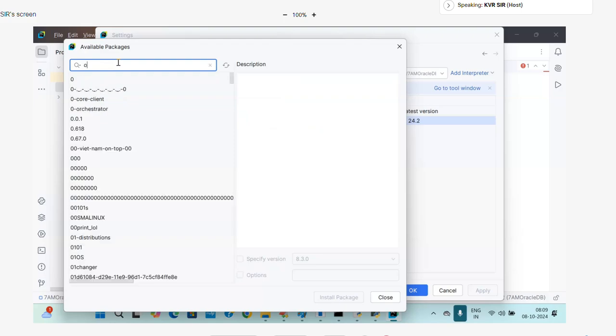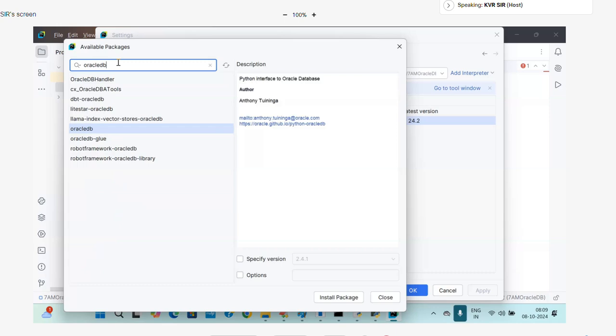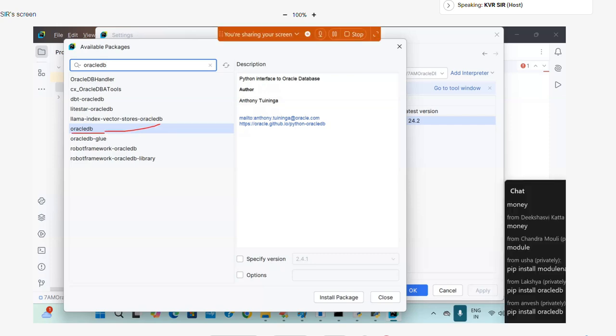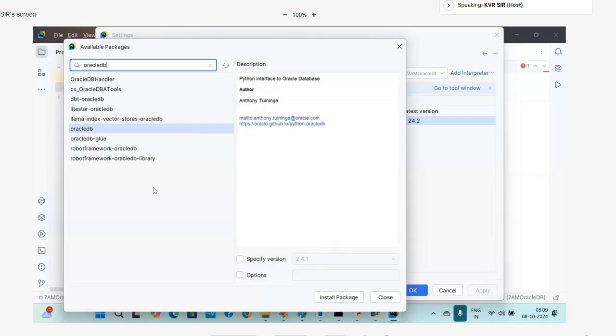Which one am I interested in now? Oracle DB. Look here, Oracle DB. Is it coming or not? Yes, it is coming. Who developed this Oracle DB? The same person. It is a Python interface to the Oracle database. He is an authorized person from Oracle.com. Understood? Now you need to say Install Package. The specification version is 2.4.1. After choosing that,